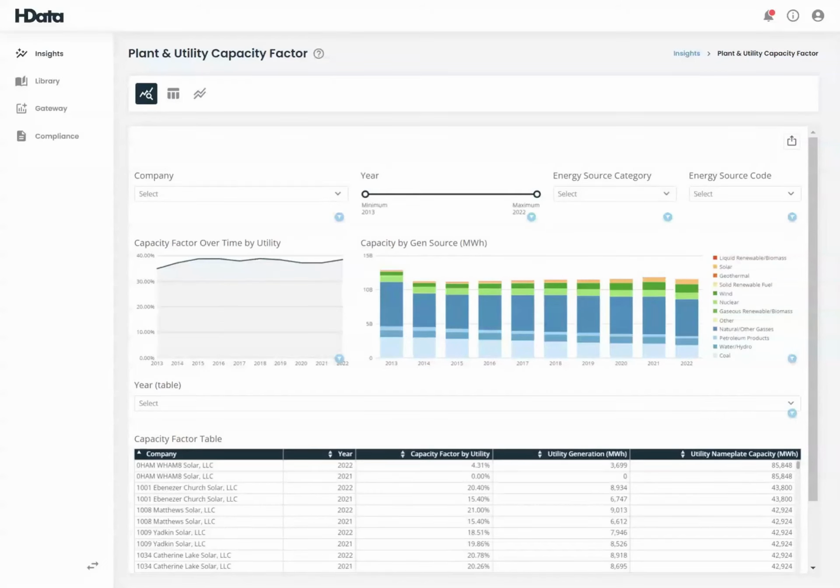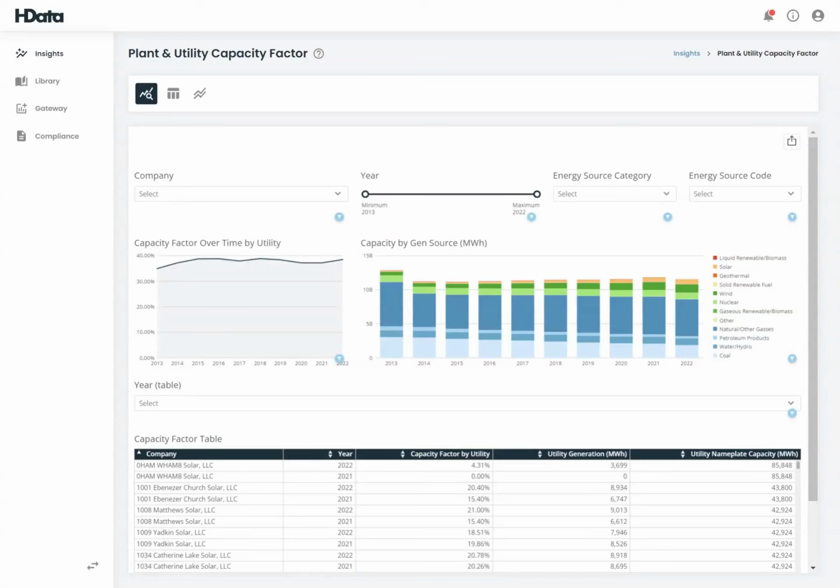Capacity factor, as a basic understanding, is the total energy generated from a generation asset like a nuclear power plant, a solar farm, or a wind farm, divided by the total capacity of that generation asset. We generate that number based on the nameplate capacity reported to the Energy Information Administration, and also the actual generation as reported to the Energy Information Administration. So this is what is totally produced out of what it could produce if it was operating 365 days a